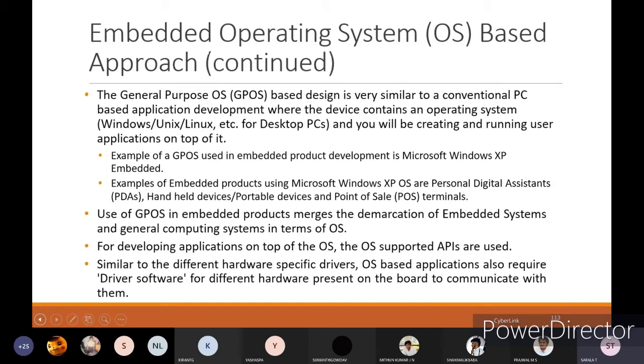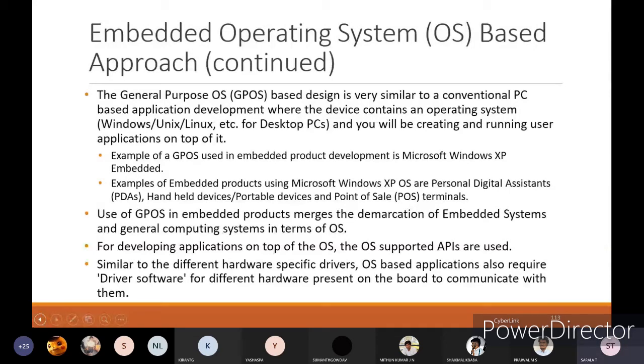The general purpose operating system based design is very similar to conventional PC based application development, where the device contains an operating system such as Windows, Unix, Linux, etc. for desktop PCs, and you will be creating and running user applications on top of it. An example of GPOS used in embedded product development is Microsoft Windows XP Embedded.